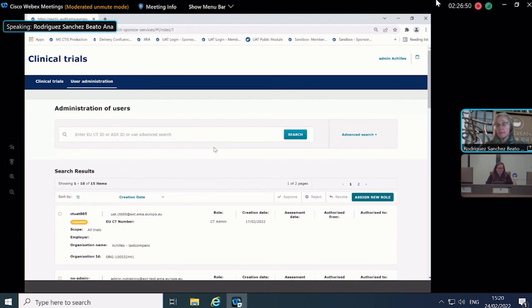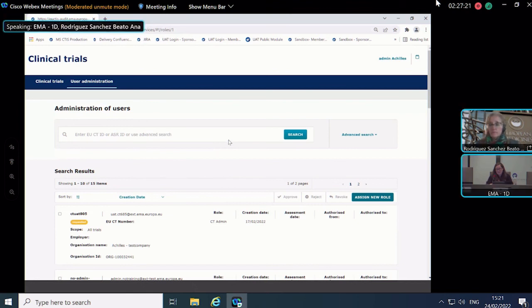But if you follow the CT-centric approach, so there is no sponsor administrator registered for the organization that you have selected as a sponsor in your application, then you can proceed and create the clinical trial application. But I already indicated the disadvantages of that route, and therefore I insist and I encourage you, please use the organization-centric approach.